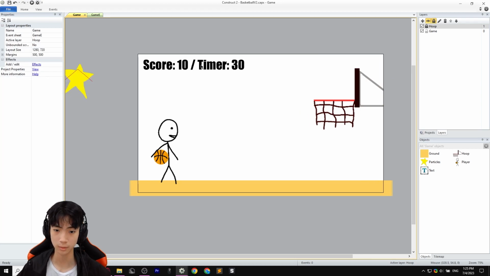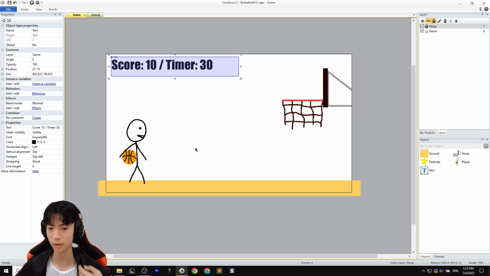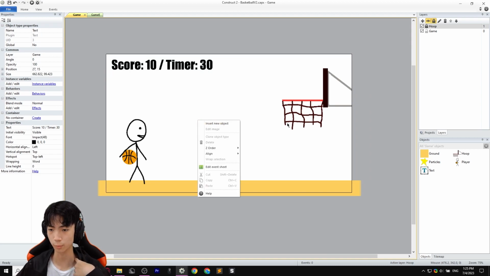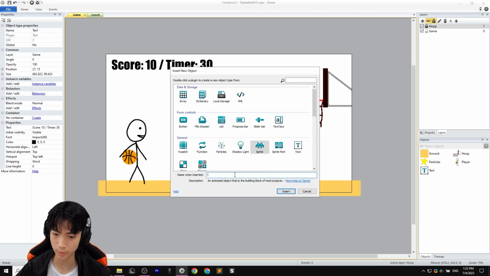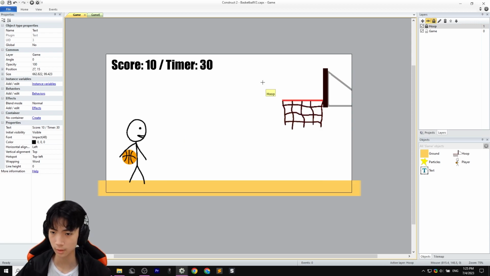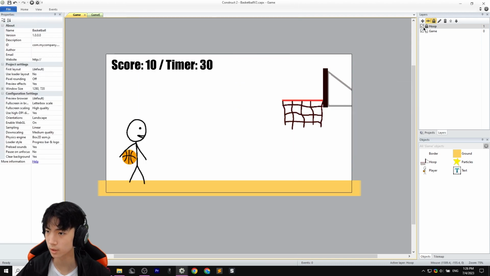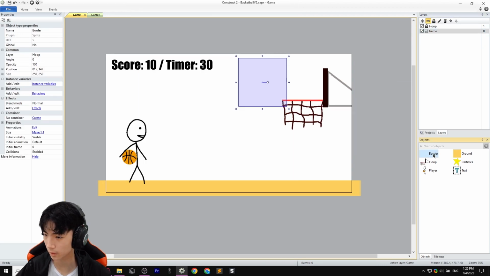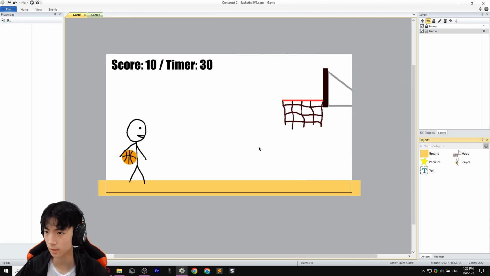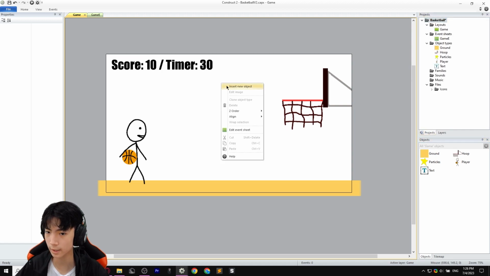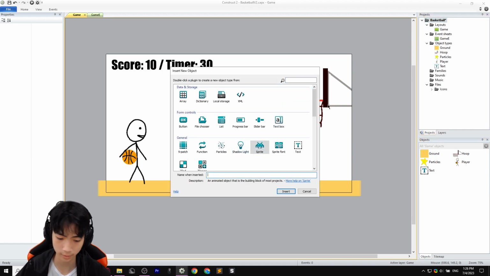All right, what else do we need? Oh, we need our border, so the rim right here, to make these two not able to go right through this part, which is not like basketball, not like real life. So we're gonna add sprite, we're gonna add a border, like so. This is just invisible. Layer hoop is locked. Oh wait, shoot, I meant to spawn this in game layer. Let me delete border. All right, make sure to press game layer, okay, because then this will spawn in game layer. Border,